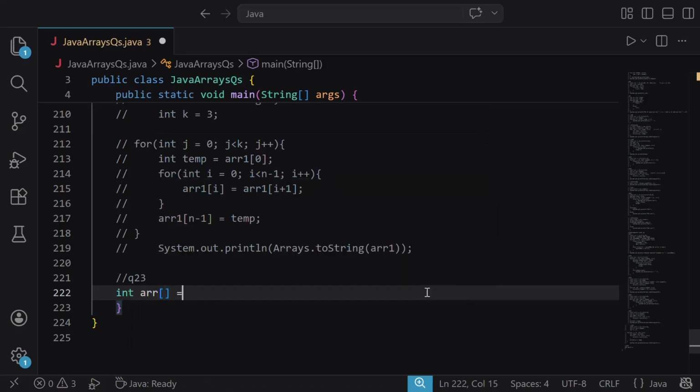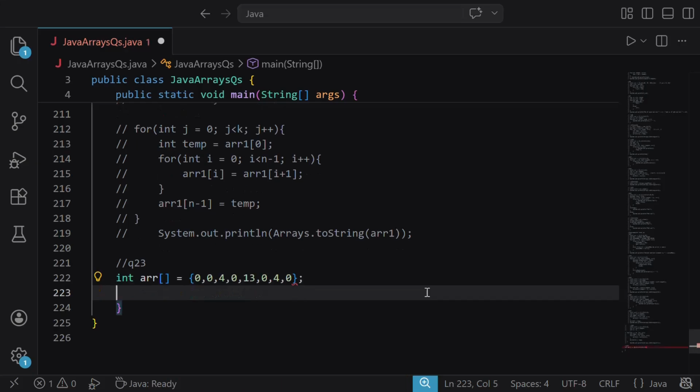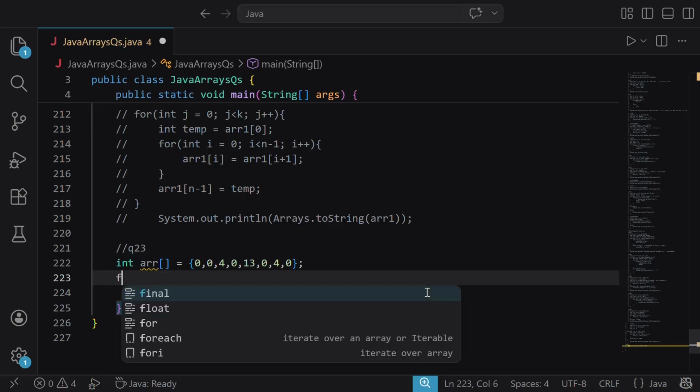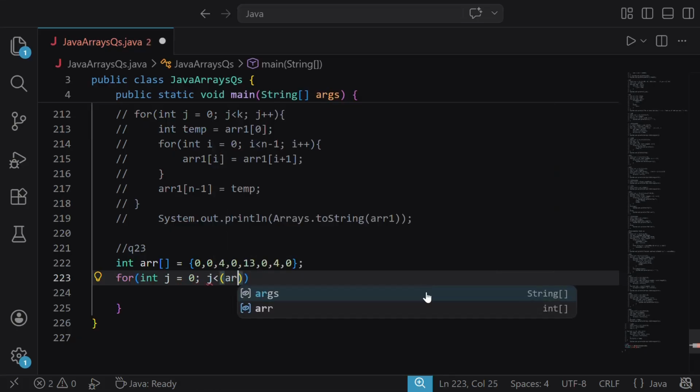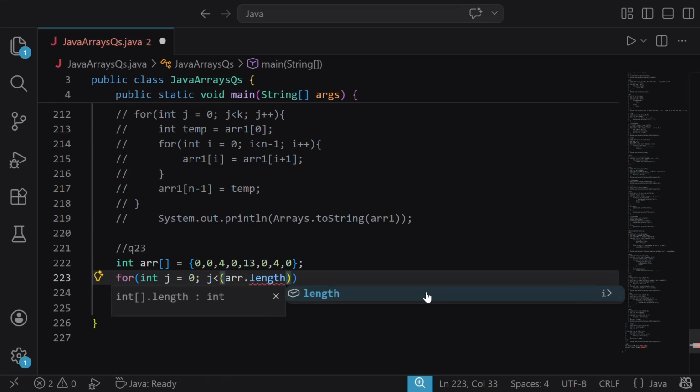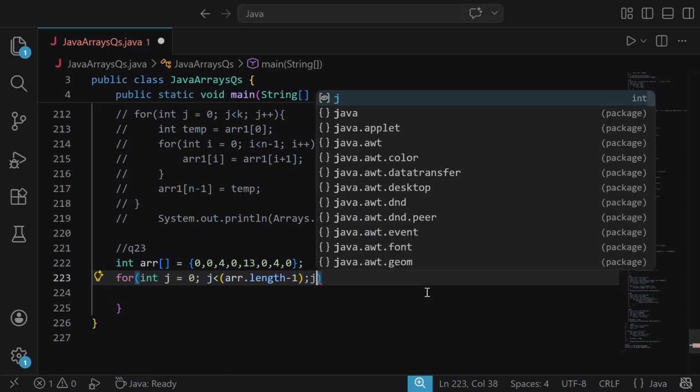So let us take another array with many zeros in it. So 0, 0, 0, like this. And now we have to move the zeros to the end of the array. So here we need two loops. First loop will be like this. It will go from 0 to length -1,